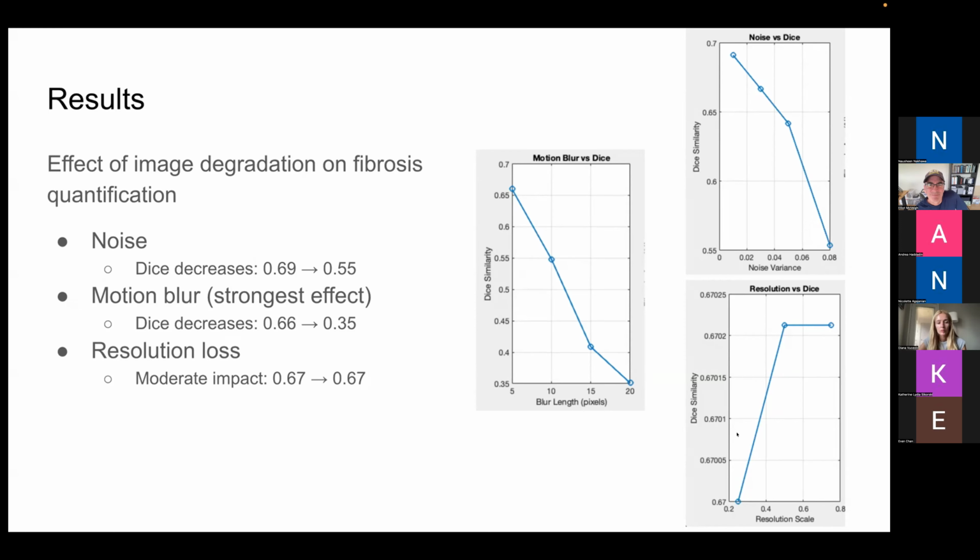And this causes blurring of the atrial wall boundary and increases partial volume effects, where a single voxel contains a mixture of fibrotic and non-fibrotic tissue. And as a result, the segmentation becomes smoother, but not that drastically different in total area, which explains why the Dice drop is less severe compared to that of motion blur, where motion blur had the most significant degradation,